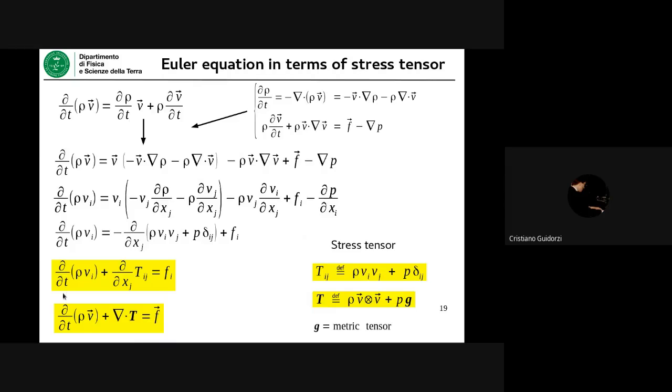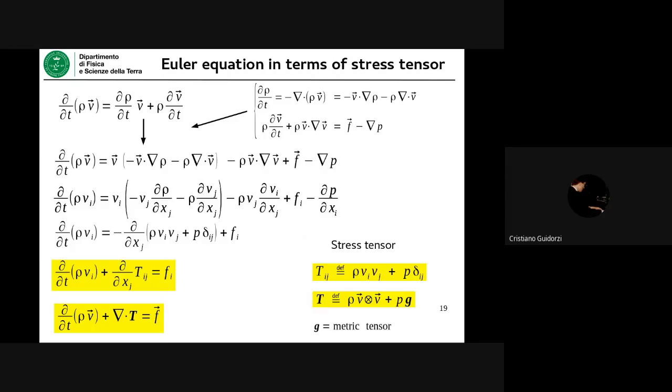So this is a kind of continuity equation in the case of linear momentum, but linear momentum is a vector quantity. So here you have the density of a vector quantity plus the divergence of what? The divergence of the stress tensor. The divergence of a rank 2 tensor is a rank 1 tensor, so a vector. So you immediately appreciate the meaning of the stress tensor. The stress tensor is something whose divergence gives you the